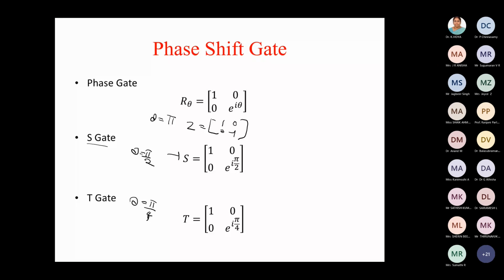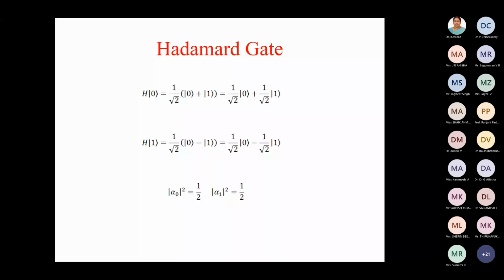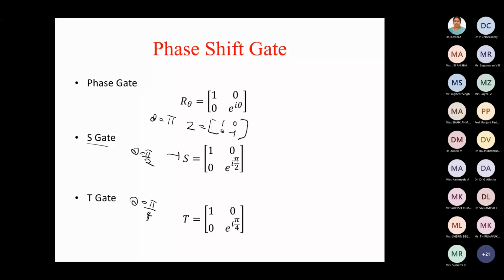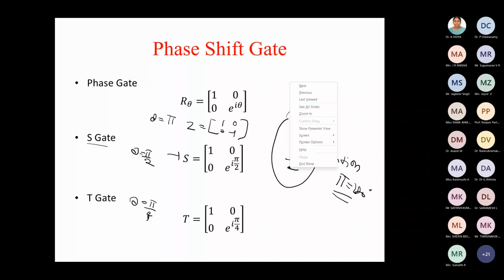Now understand, what is this Z gate? Just a second, let me check whether Z is there or not. So X, Y, Z gates, remember? These X, Y, Z gates are rotations around those axes by an angle of pi, or 180 degrees. So the Z gate is nothing but a rotation around the Z axis by 180 degrees. So this is the matrix for Z.